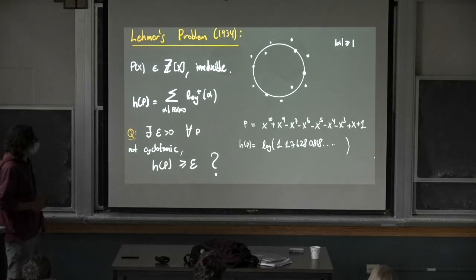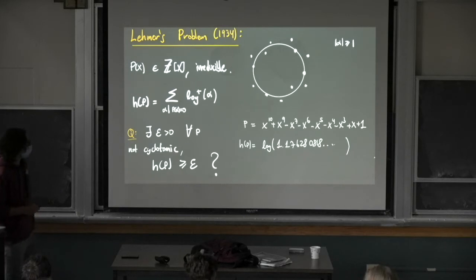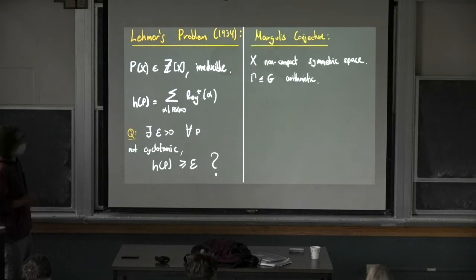So far the best polynomial is this polynomial, sometimes called Lehmer's polynomial, whose roots, when you multiply all these numbers, give you this. So far no one has beaten that. And this is related to a conjecture of Margulis regarding this